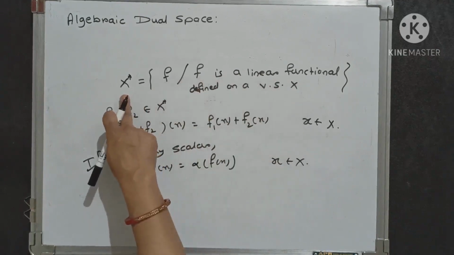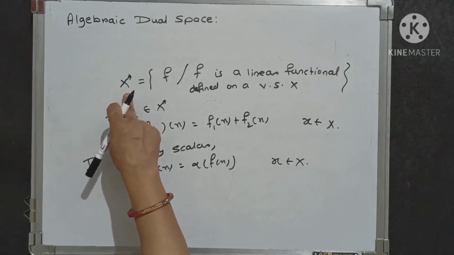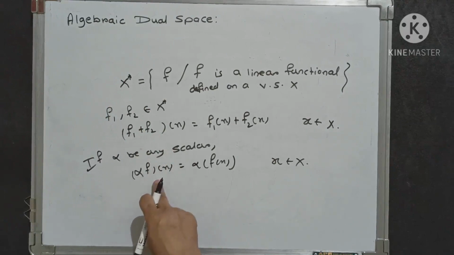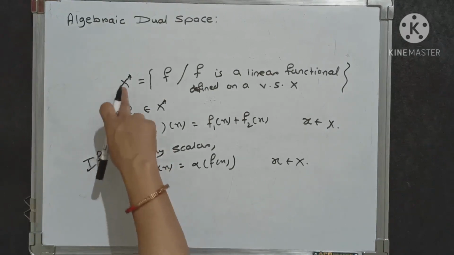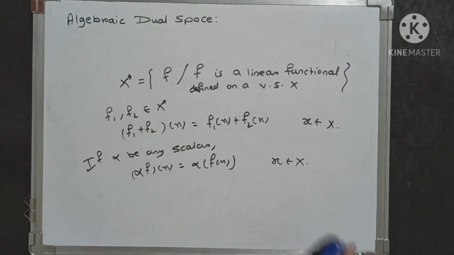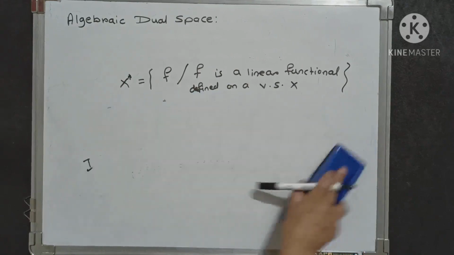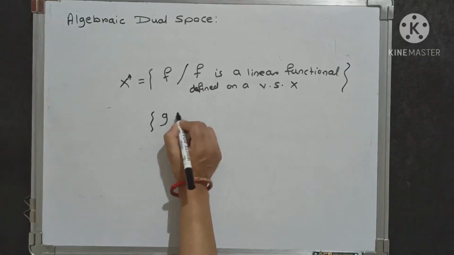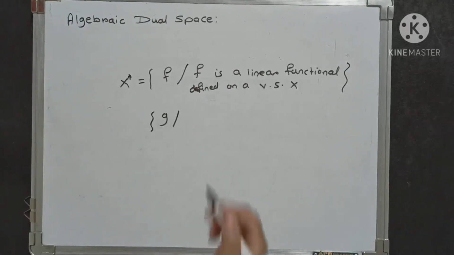On this X star, that is the algebraic dual space X star, we define the addition and scalar multiplication. With these two operations, X star again becomes a vector space. As it is a vector space, we again consider the set of all g such that g is a linear functional